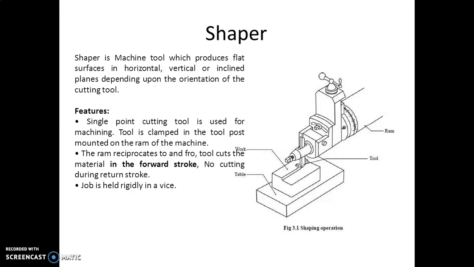The main function of a shaper is the machining of flat surfaces by means of straight line reciprocating single point cutting tools. It is similar to those used in lathe operations. The flat surfaces produced may be horizontal, vertical, or inclined at an angle. These machine tools can also be arranged for machining contoured parts, slots, grooves, and other recesses. The job is held rigidly in the vise in the shaper machine.